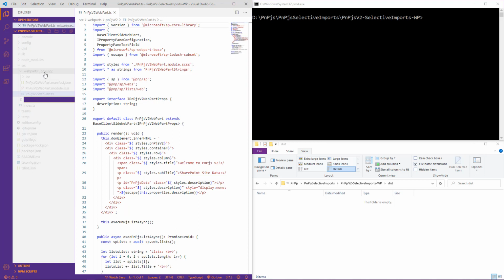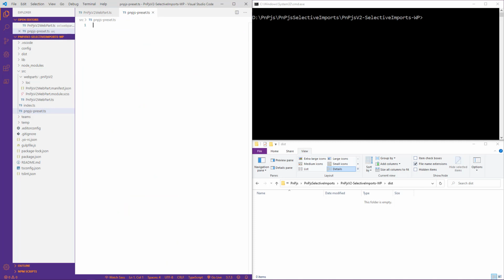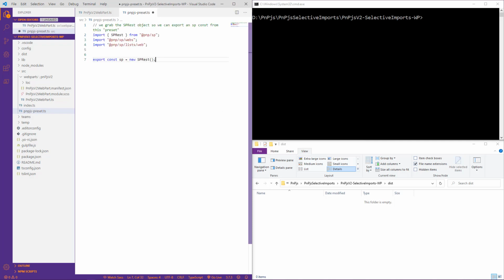New file, and we'll paste in the name pnpjs-presets.ts. In this TypeScript file, we're going to include the import statements of the components of PnPjs that we need. They will be the SPREST object, the webs object, and the lists object. We'll then export a new copy of the SPREST object. We can go ahead and save, and now we can go back into our primary TypeScript file for our web